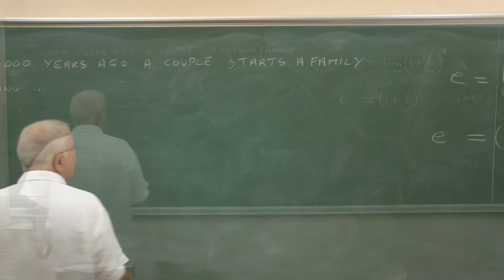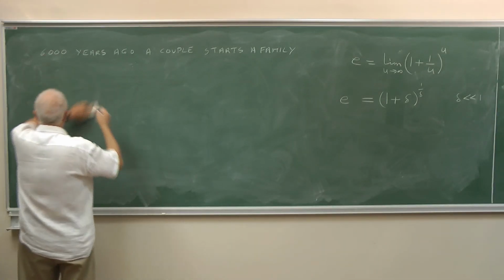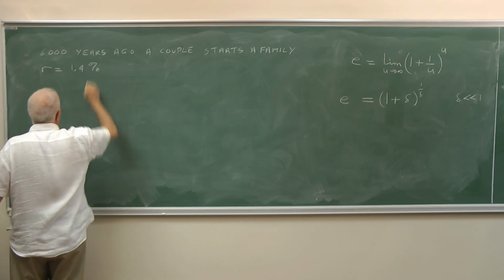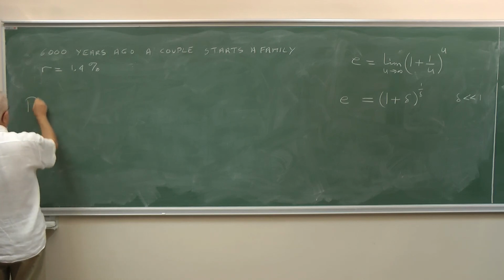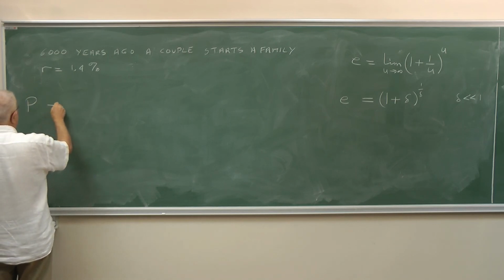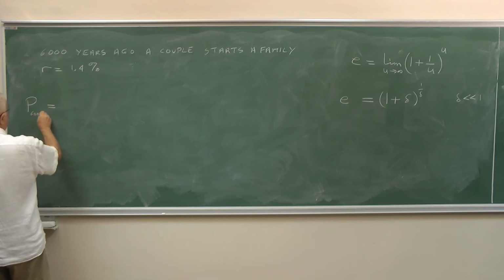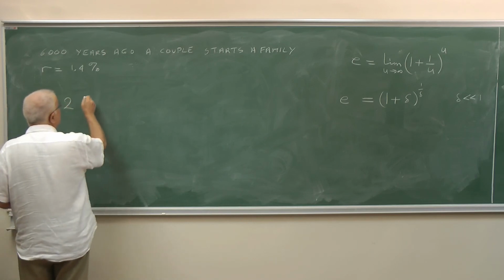Let us assume the same rate, R equals 1.4%. So the population today will be 6,000 years later, the original couple times